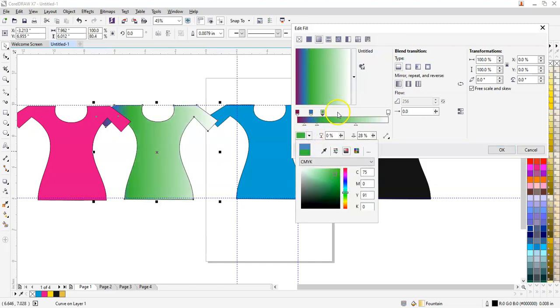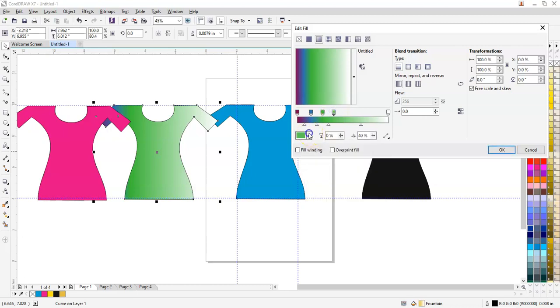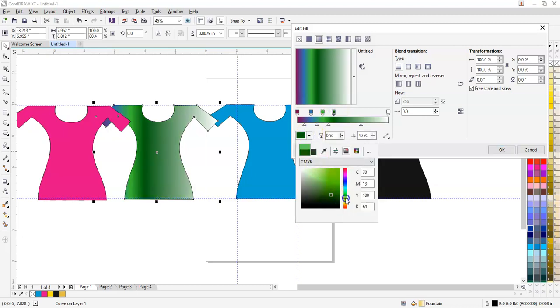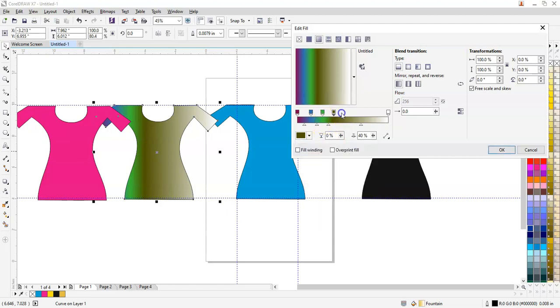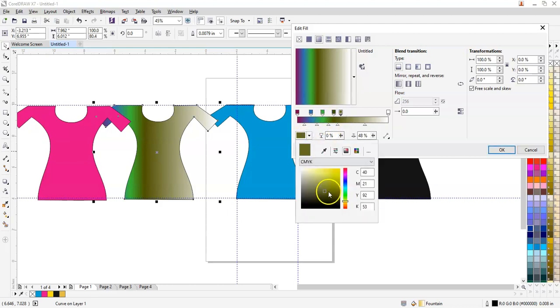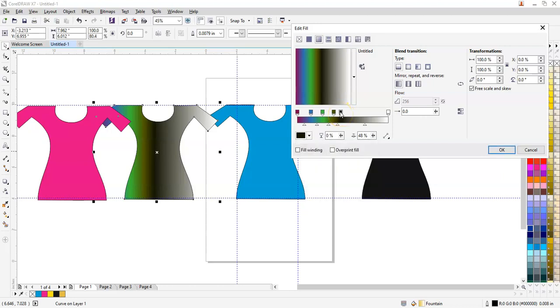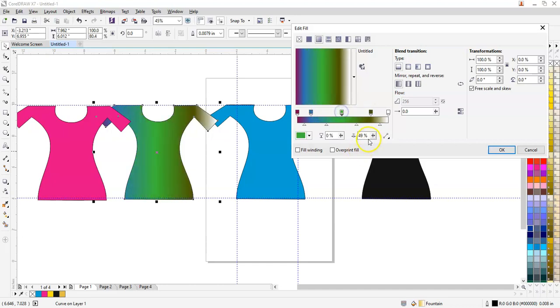Add this shade. Double click again. You see, double click here. Supposing I do not want a color over here, so I just again double click and remove the color. Or I just drag this out and I can position the color. So you can do the positioning from here also, whichever color is selected, or you can directly drag it out from over here.